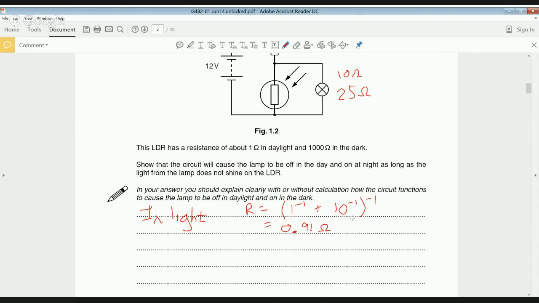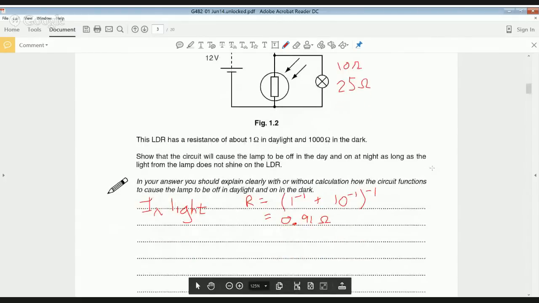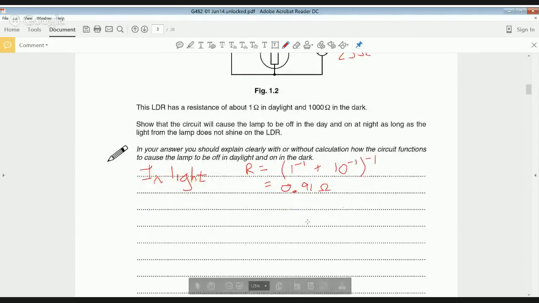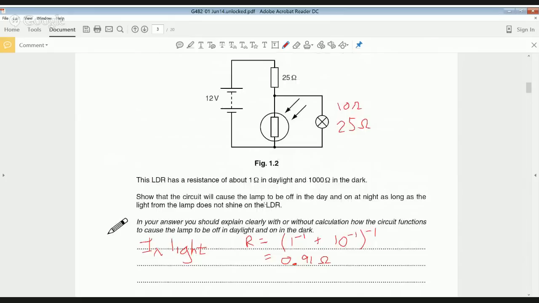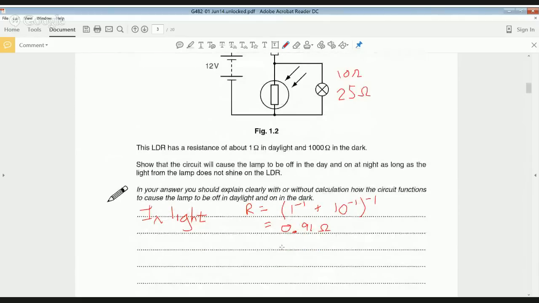Now we can see by inspection actually that is much smaller than the 25 ohms, but we could do a potential divider calculation. I'm not going to work through it all, if only because the annotations aren't coming on very well here. But we can do V out equals V in times R2 divided by R1 plus R2. We plug the numbers in, where this combination here is R2. That's the R2 of the potential divider. And this one here, 25 ohms, is the R1. That's our V in. And you end up with a V out